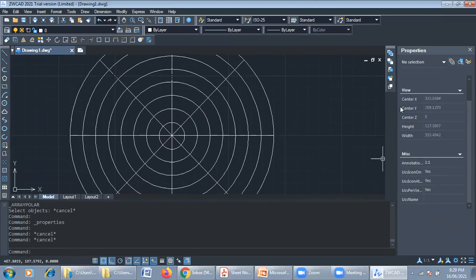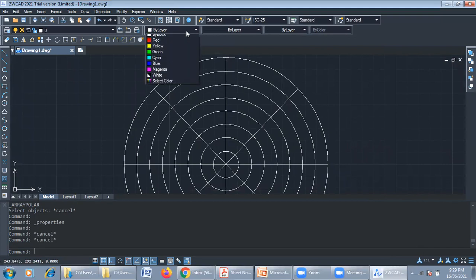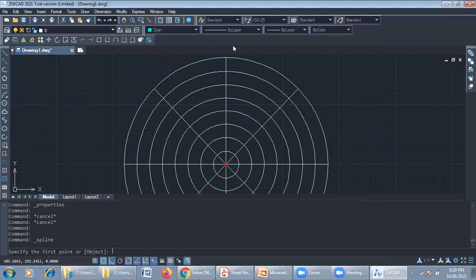Now the most important thing after this, we need to observe. Go to the second layer. Let's say this is the cyan color. Select the spline curve to trace the curve.